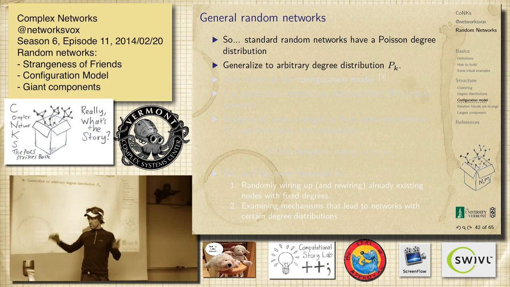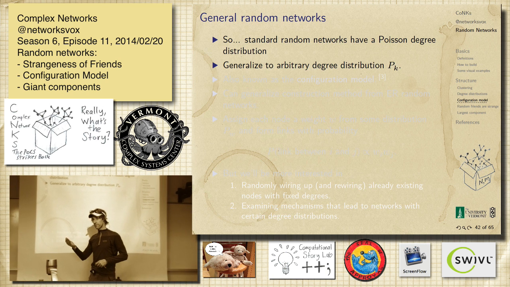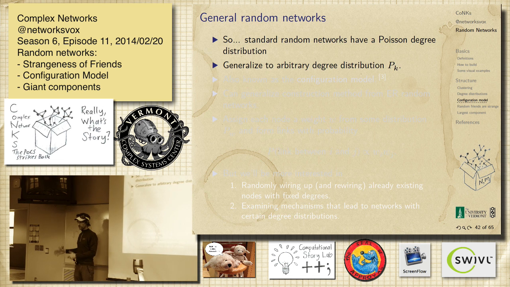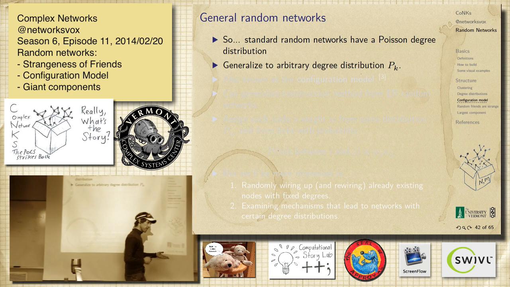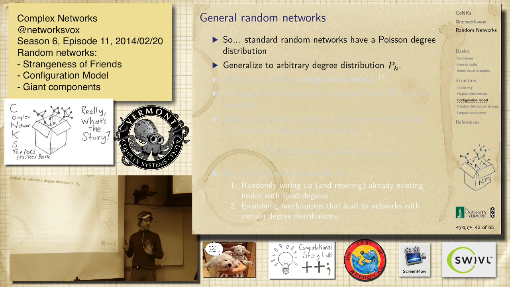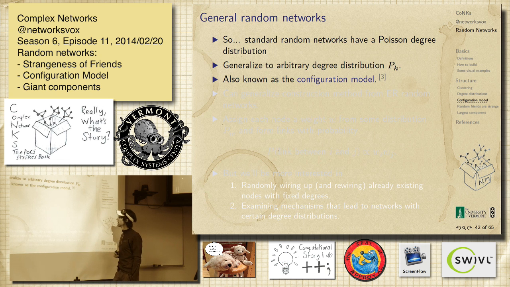We're dealing with discrete things, of course, so our distributions are defined on 0, 1, 2, 3, 4. Any kind of distribution you want. So it could be one that's observed from a real network. That's useful. You say, okay, I've got a real network, it's got this distribution. Now I'm going to make a random one that has that same distribution. So how do you do that? We know how to build these pure random ones, but we need another way to build something where we say from the outset, we want this degree distribution. We're trying to find random sets that are in little corners of these boxes, or tiny little spaces. The ones you don't get when you rummage around happily.